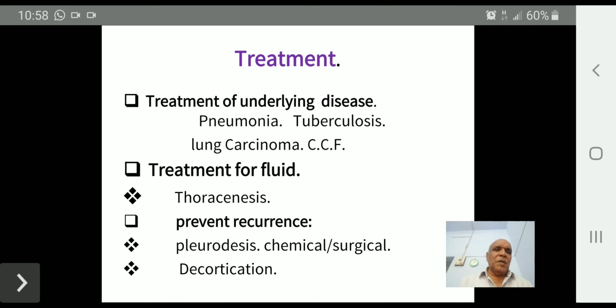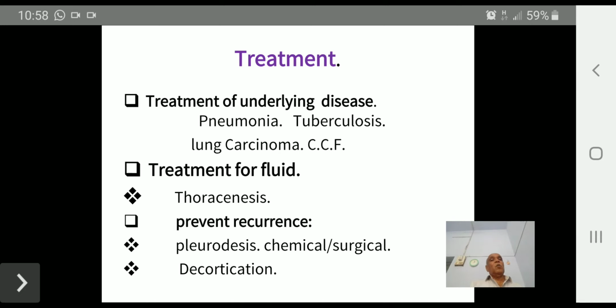In the case of congestive cardiac failure, the patient is a known case of hypertension with a long history, taking antihypertensive treatment or ischemic heart disease treatment. The patient may have bilateral effusion, and X-ray is suggestive of cardiomegaly. So you should treat the CCF. Once you suspect pneumonia, tuberculosis, and lung abscess,